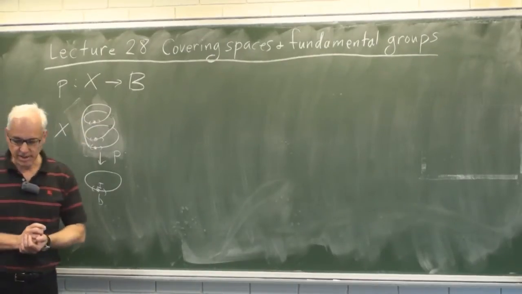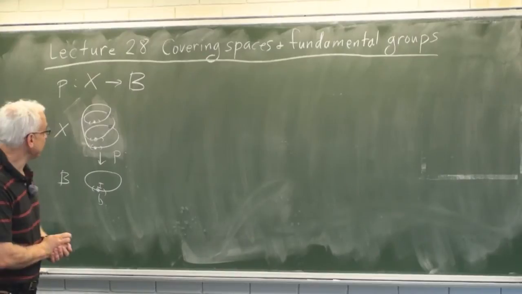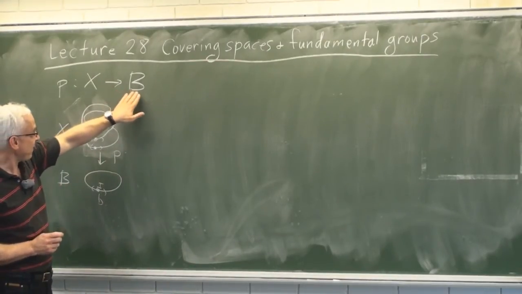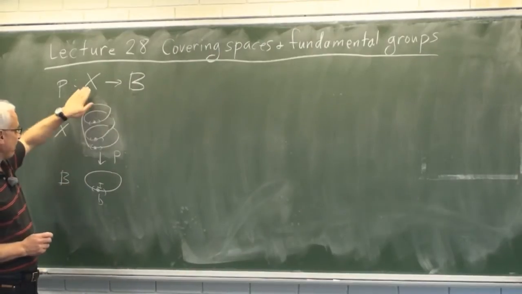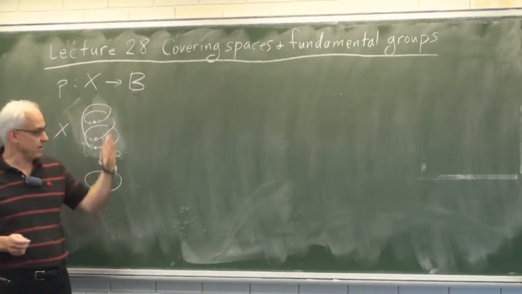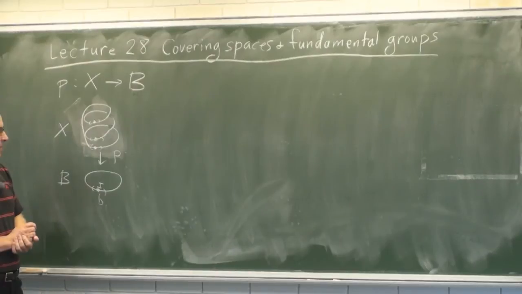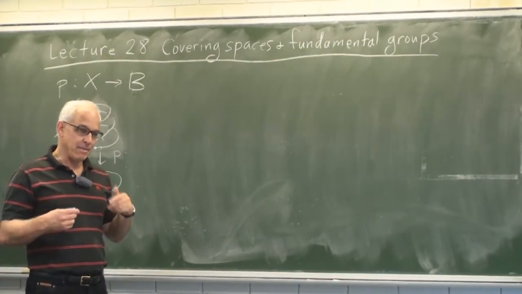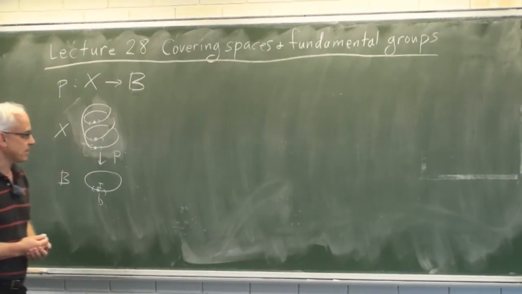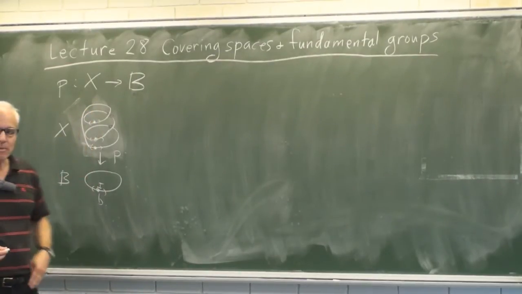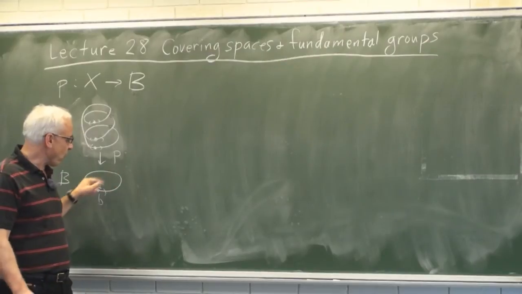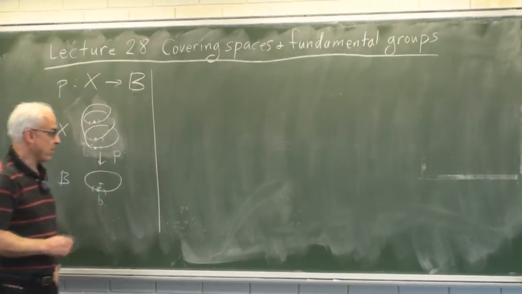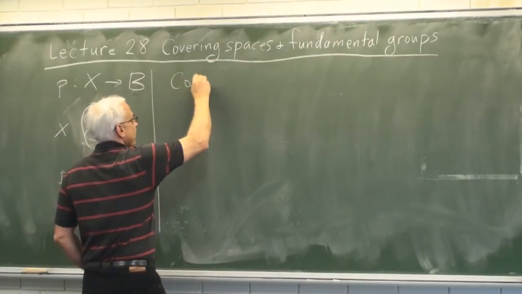All right, so that's a covering space, and today we want to investigate what the relationship is in such a situation between the fundamental group of the base and the fundamental group of the upstairs space. So to make that a little bit easier, I'm going to first talk about some other examples of covering spaces where the base space is just a little bit more complicated than just being sort of one-dimensional. So let's start by thinking about coverings of a torus.